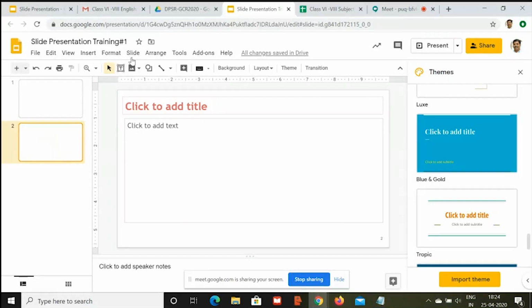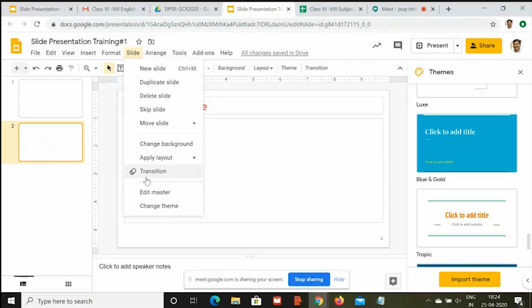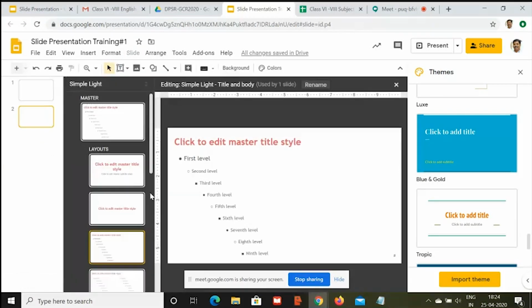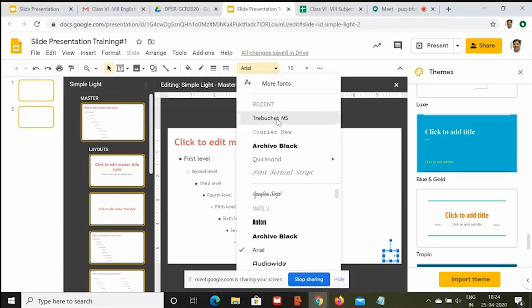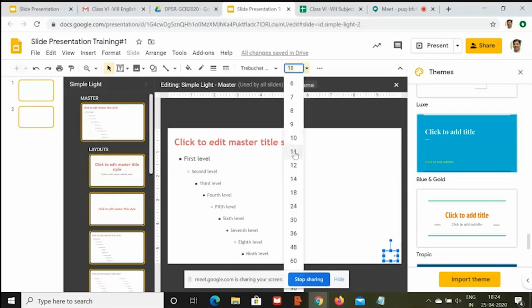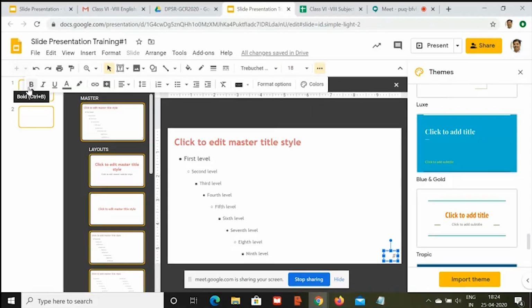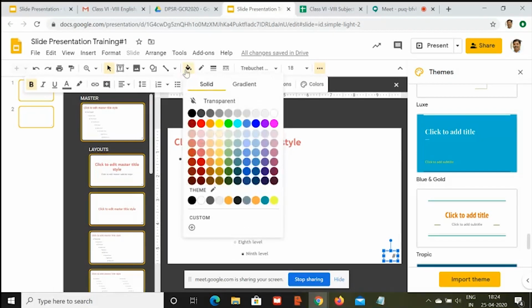So I'll go back in the slide, click on slide, edit master, click on master, and then click in the area where the slide number gets displayed. When I click it, a text box will appear here. When this text box is highlighted, you will change the font of this text box. Let's say again Trebuchet, and the size, if I'm making it 18, I want this in bold. So I'll make it bold, and then I want this with the dark background because we were using maroon